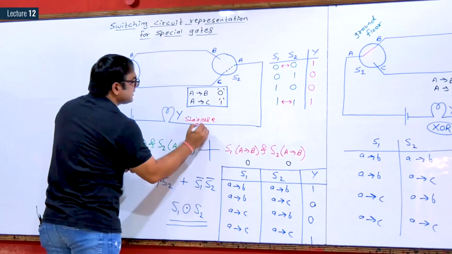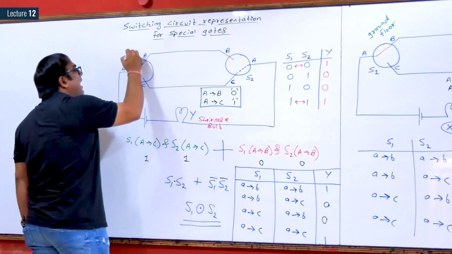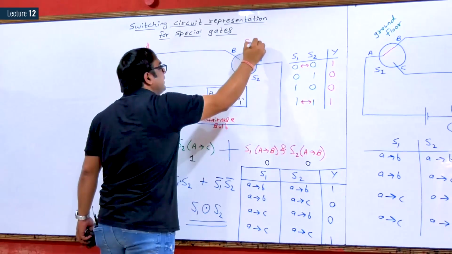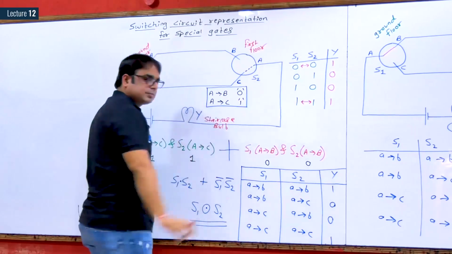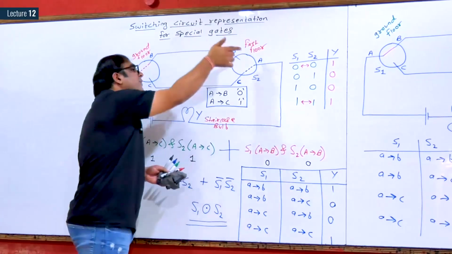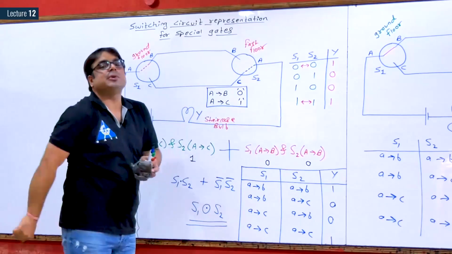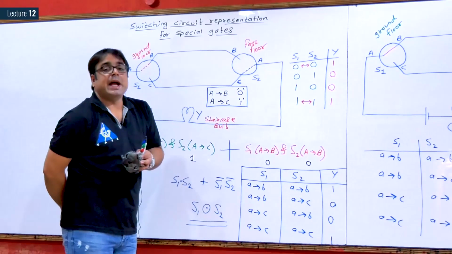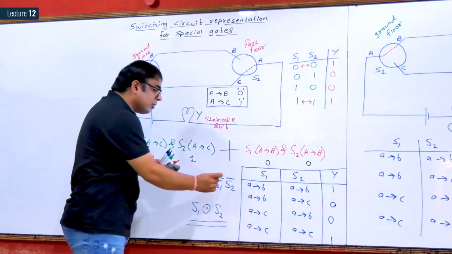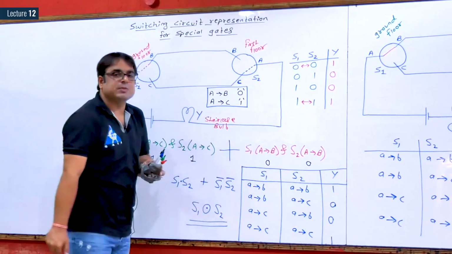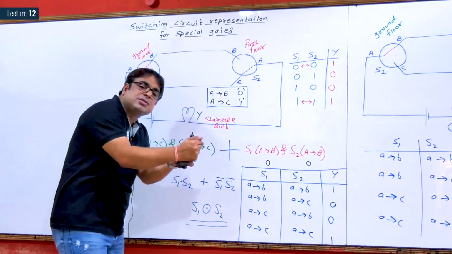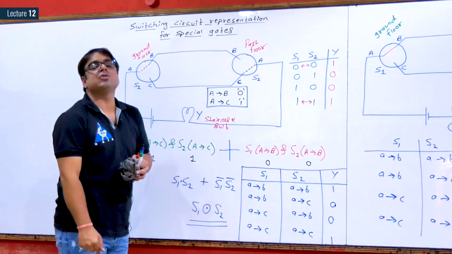This is your staircase bulb, this is your switch at the ground floor, and this is your switch at the first floor. Here also, both the switches at the first floor and the ground floor can control your staircase bulb. And remember, the bulb is not dependent on only one switch, it is the XNOR of both the switches. If you make both the switches in the same state, then only the bulb will glow in the XNOR condition.